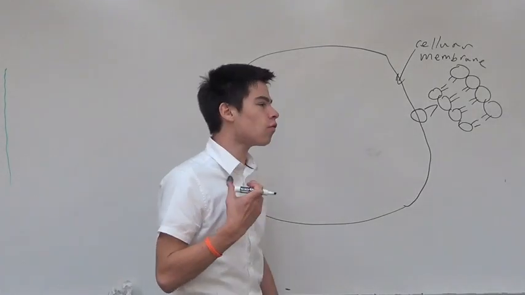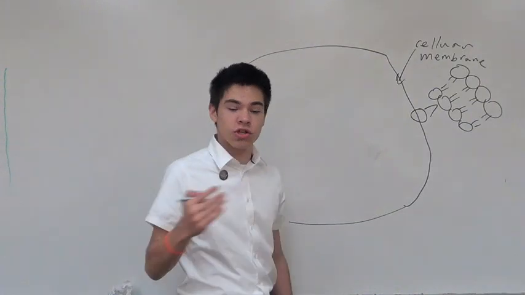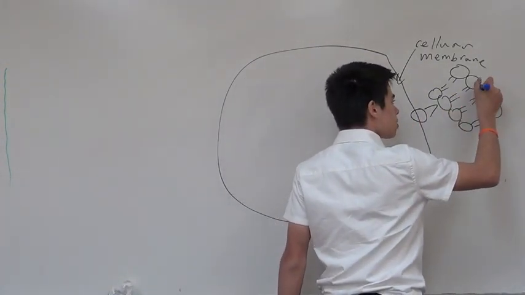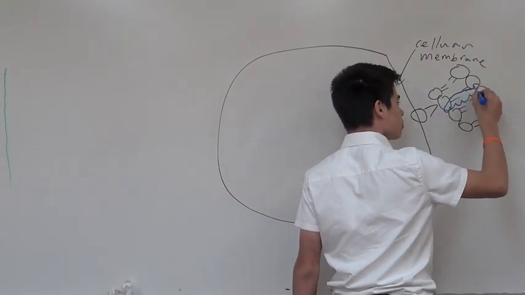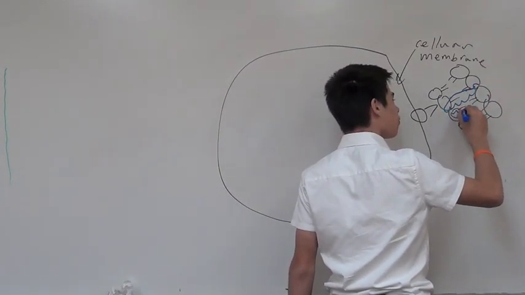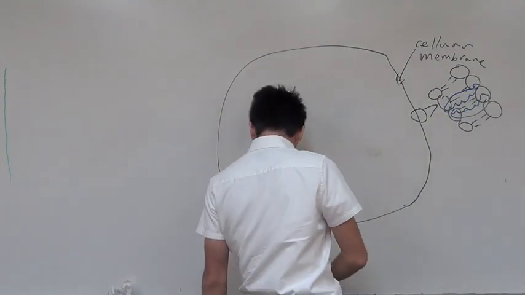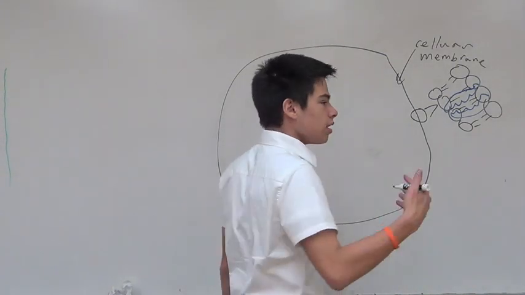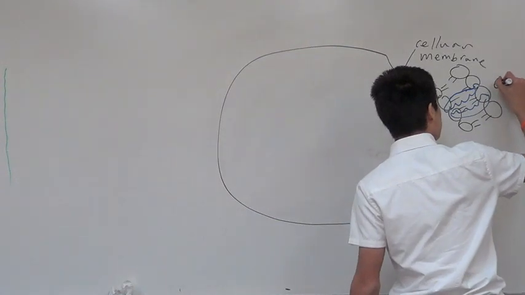So what's an example of one of these proteins that regulate the passage of molecules? So let's draw here in blue just a protein here. So this would be what is called an integral protein because it is embedded directly into the phospholipid bilayer. Okay, so let's say this protein has a job, and its job is to regulate the intake of glucose. So here we have glucose